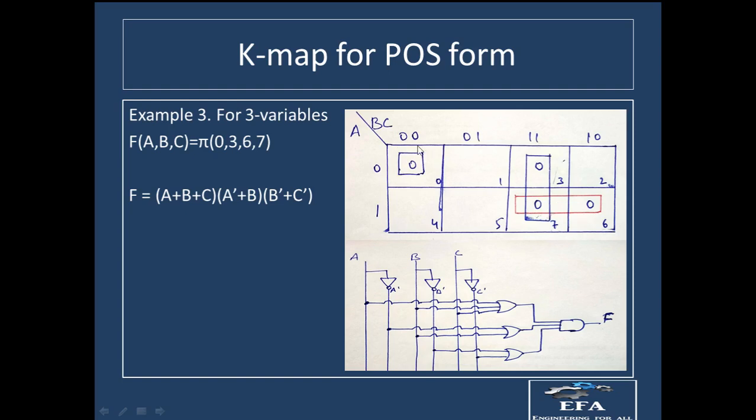Now first of all, we are having 0 at this position. Now you can see that this 0 is alone, right? So this 0 is not having any 0 in the corresponding boxes, here or here, right? Neither is it having any 0 in the extreme box. Therefore this 0 is alone or individual, so we have to take it individually.